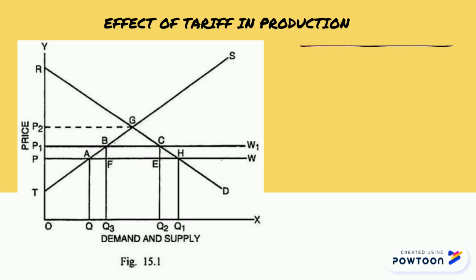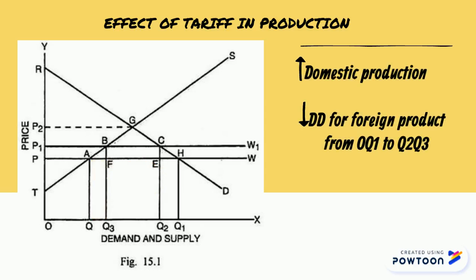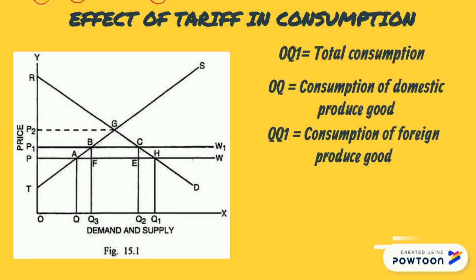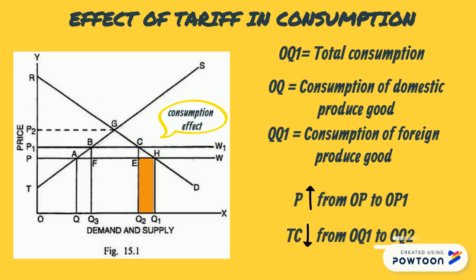So, the domestic production of import substitutes will rise by QQ3. This shaded area we call the production effect. We can conclude that the increase in domestic production will reduce the demand for foreign product from QQ1 to Q2Q3. At the price OP, the total consumption was OQ1. OQ and QQ1 are the consumption of domestic and foreign produced goods respectively. When the tariff is imposed, the price will increase from OP to OP1 and the total consumption will reduce from OQ1 to OQ2 in this